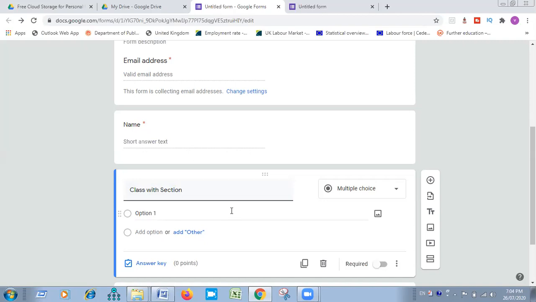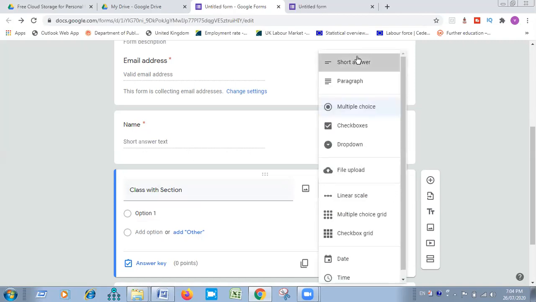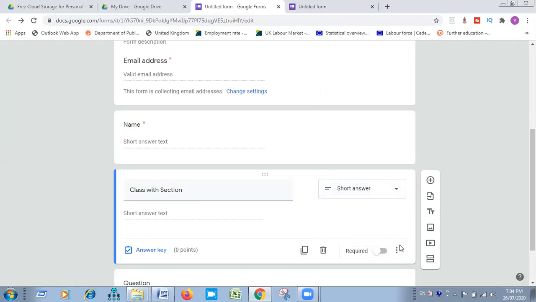It's necessary because if we take meeting in Zoom, all students of different sections give exams at the same time. So if there is a student of class 9th A, class 9th B, or class 9th C, so to differentiate the particular student according to their section, it is necessary to give class with section. Again, I am giving it format of short answer and making this field required. Now, after this,